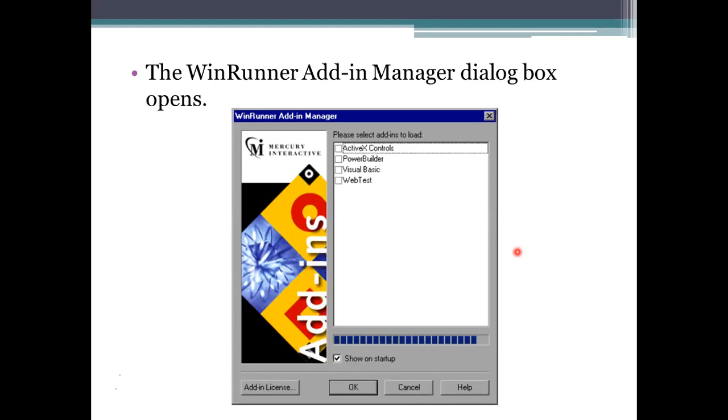When we are installing this external add-in, the Add-in Manager will display all the add-ins here, and we need to click on the add-in we are having. If you see the add-in license, we need to click on this add-in license button also to get the features of that to process the application here.